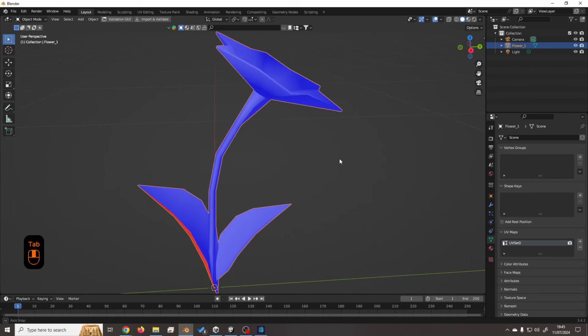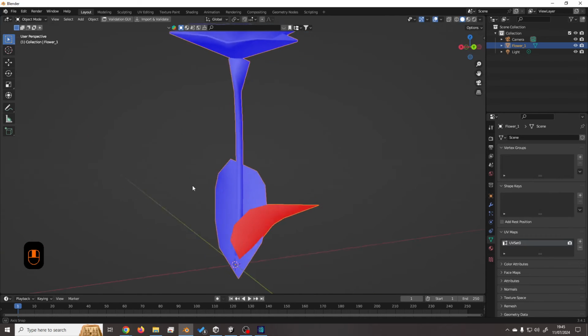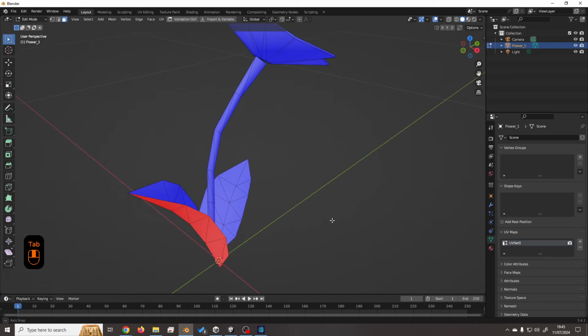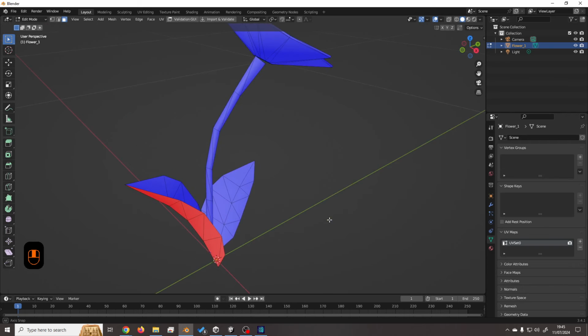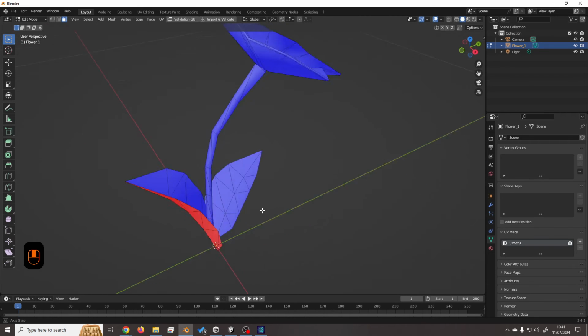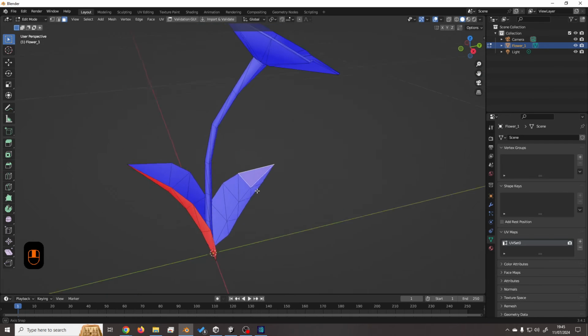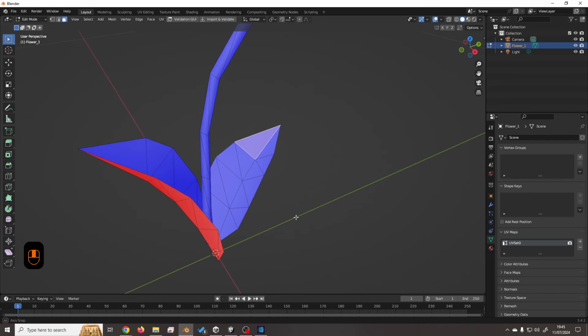So that's correct now. The only thing I want to change is these leaves. I don't like the fact that they disappear from the other side. Rather than creating a double-sided shader, I think because this is such a simple mesh, it would be easier on the system. It doesn't have to do any extra calculations, really, just to duplicate